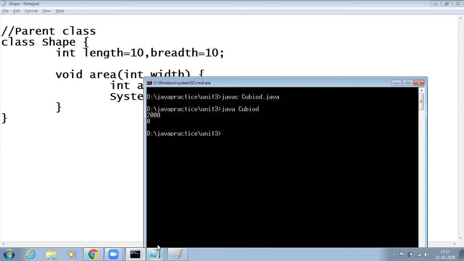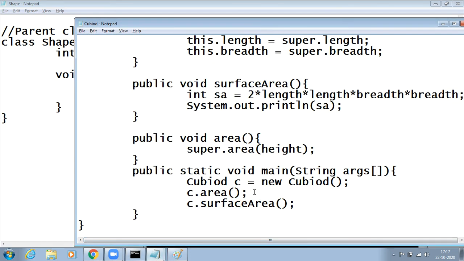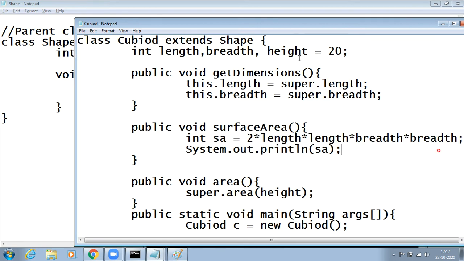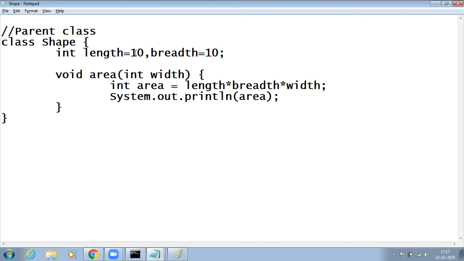The reason behind that is I said 2 into length into breadth into breadth. What are the length and breadth values here? The length and breadth values are 10 and 10.